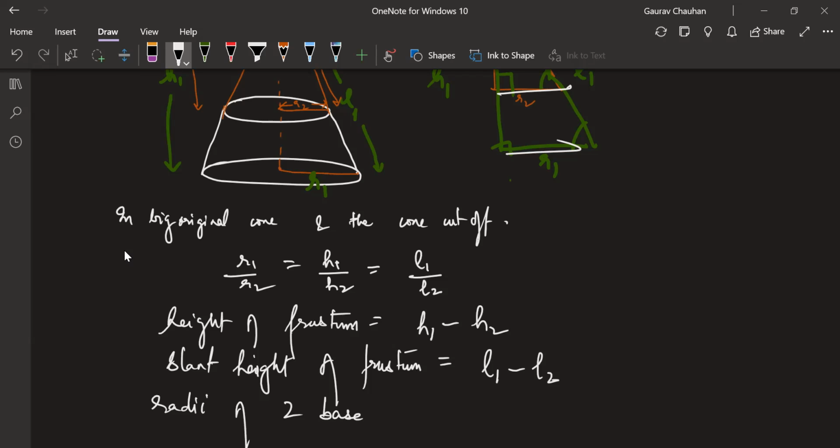Now in the frustum there are two bases, no? Two bases are there. This is one base, and this is one base. Are you getting it? In a bucket, obviously one part is open, but if you cover the bucket, on top there will be one covering, down there will be one covering. So those are two bases. Both bases will have their area: pi r1 square, pi r2 square. Both bases have their radii, so the radii of the two bases are R1 and R2. Are you following whatever we have talked about frustum so far?